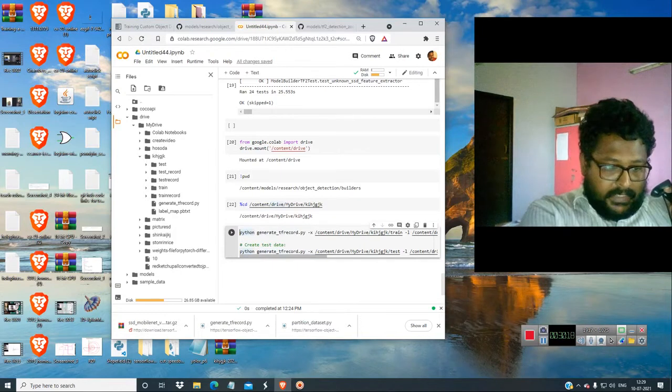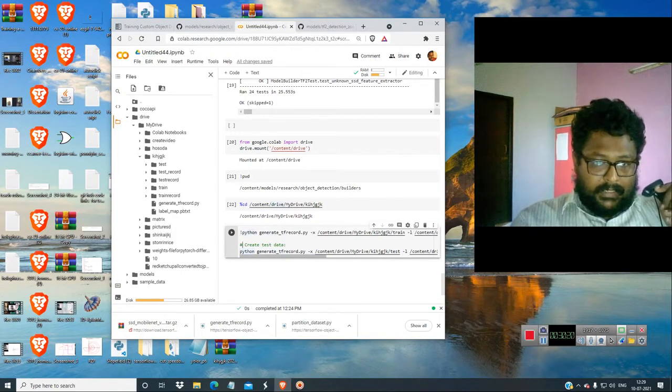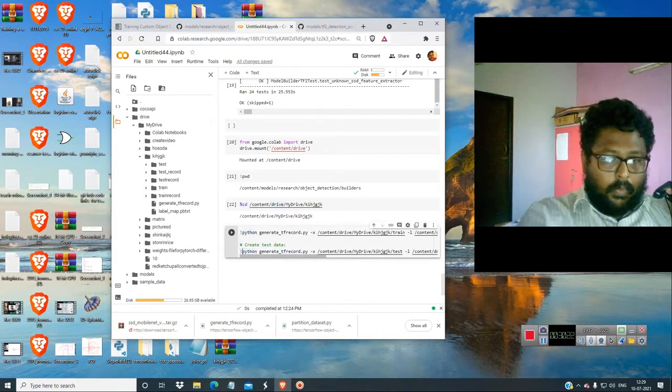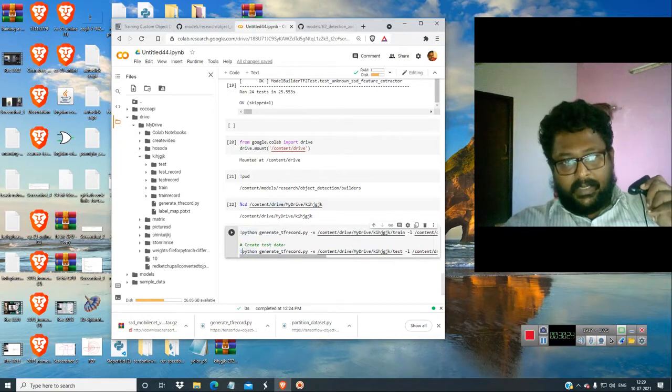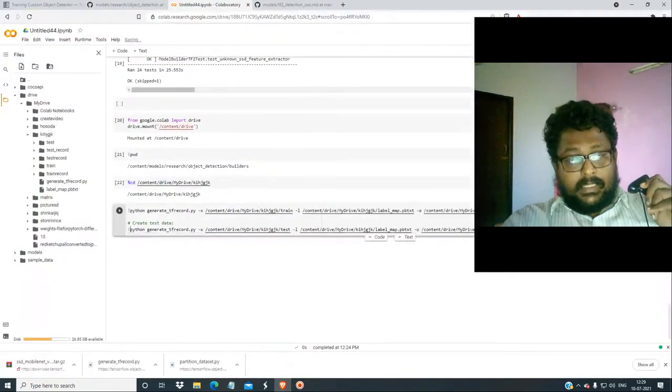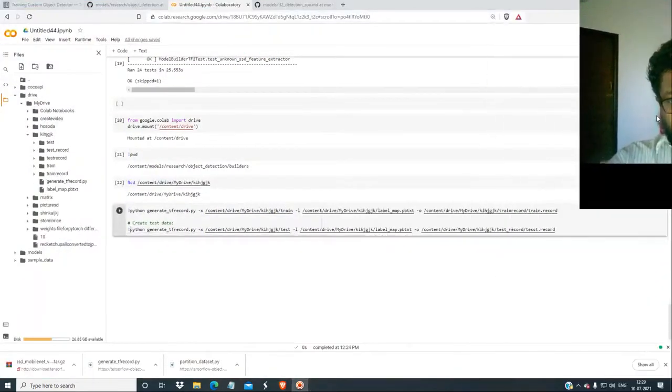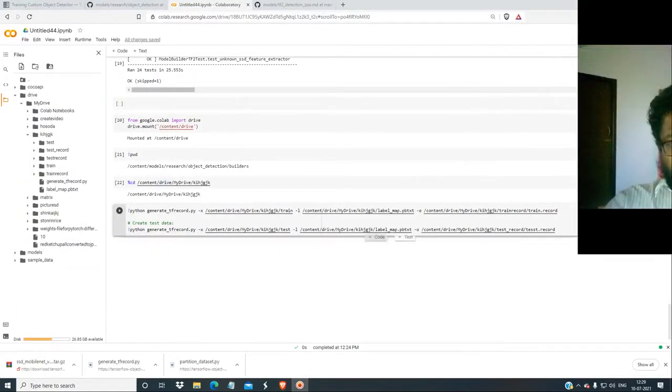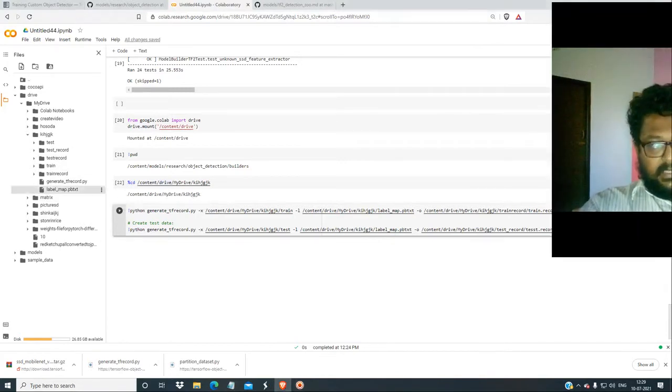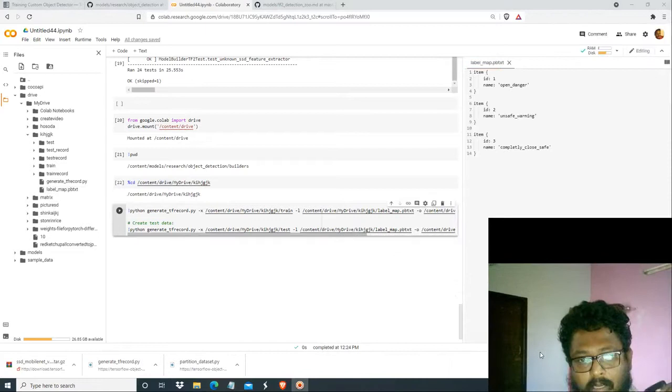Just type exclamation over here and just get down over here. The reason I am doing this data set preparation separately is that it just takes about 30 minutes to teach you. So train.record, this is the output folder. I have given it as train.record over here. And this is the pb.txt, which is just a text file giving the class names, the object class names.